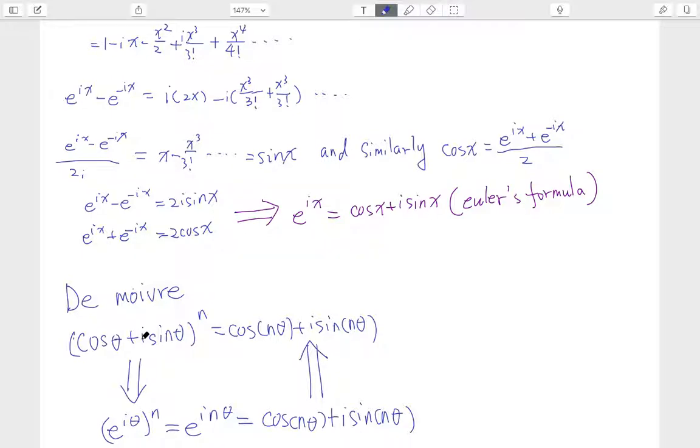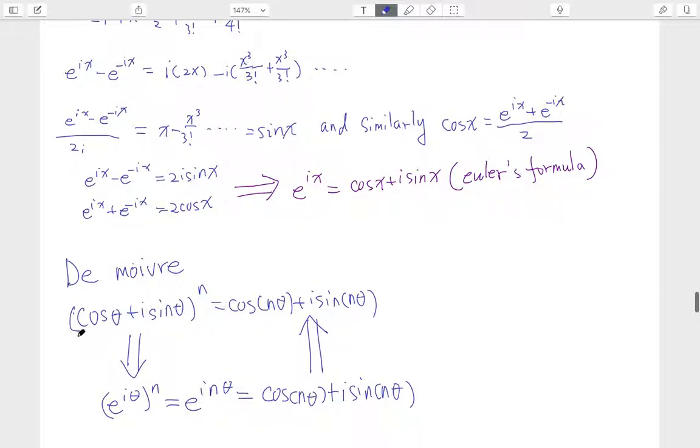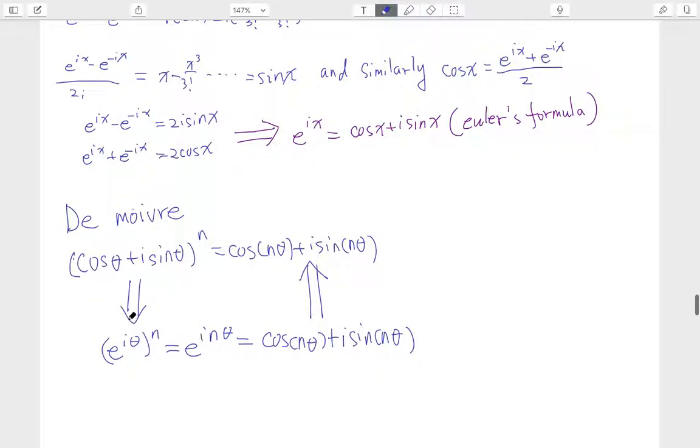I don't know if I have pronounced this French mathematician's name correctly, but anyway, what it says is cosine theta plus i sine theta to the nth power is equal to cosine n theta plus i times sine n theta. And it can be derived very easily if you apply Euler's formula,